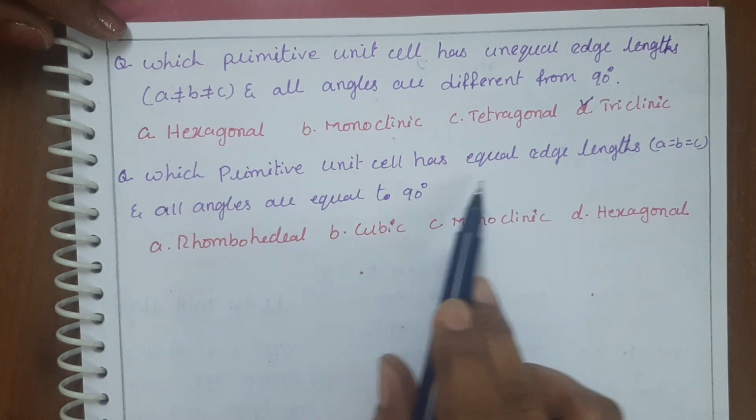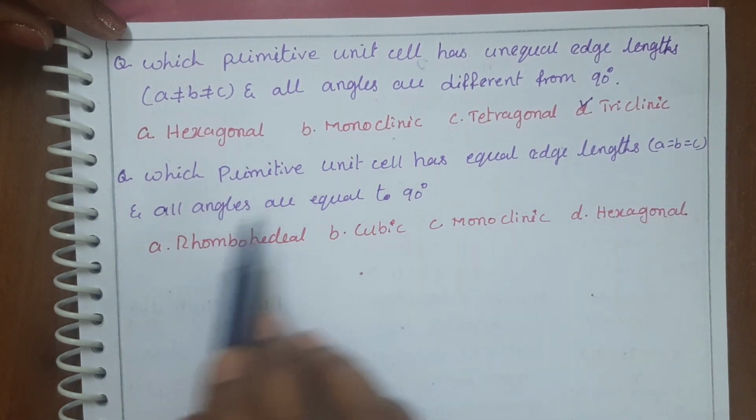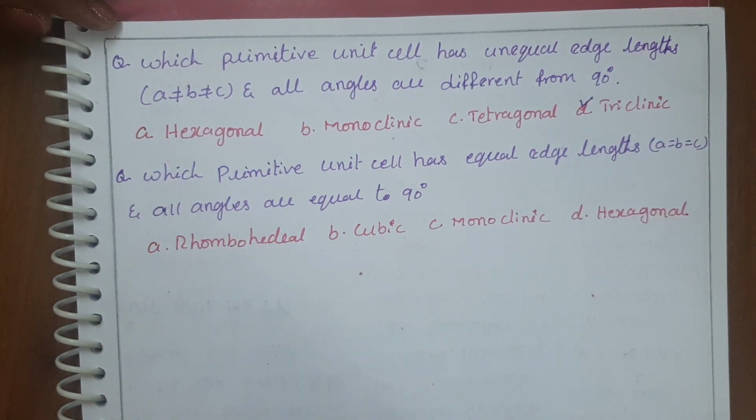Here is one more question, a test yourself question. Which primitive unit cell has equal edge lengths and all angles equal to 90 degrees? Try to answer this question and post that